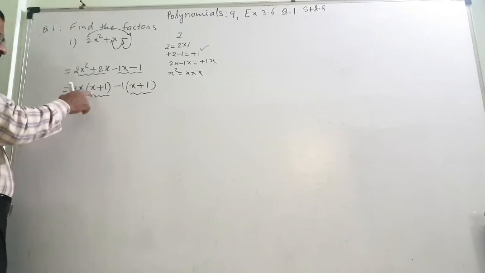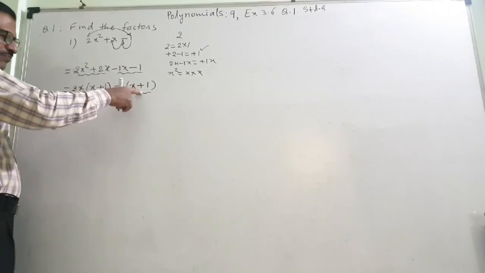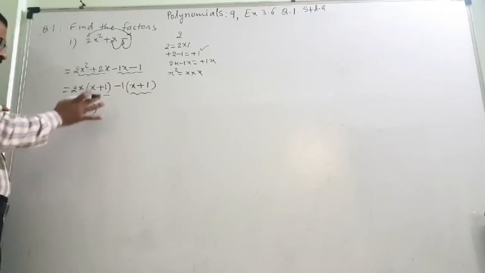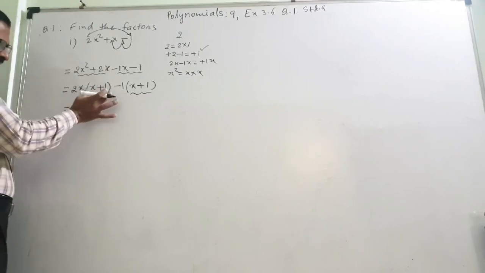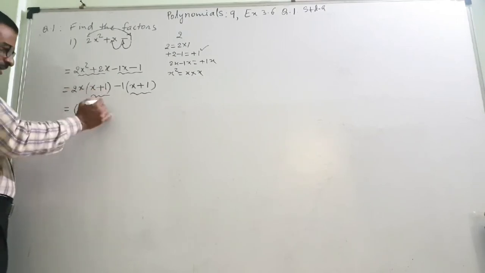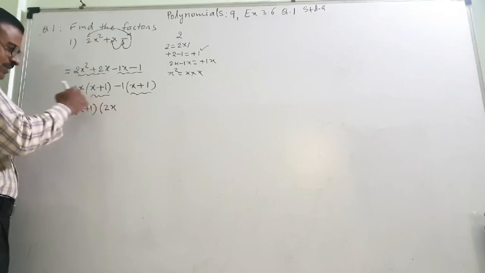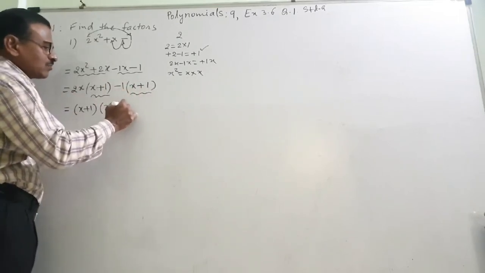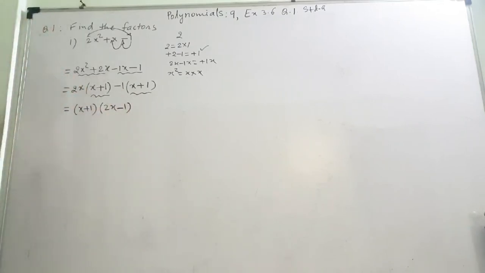Now once again, this x plus 1 here it is, x plus 1 here it is, that I will take common. So from this total group, I have taken x plus 1 out. What is remaining, that I will write in the bracket, 2x is remaining. This x plus 1 is taken, so what is remaining? Minus 1 is remaining, and these are the factors. So this way this sum is done. I will solve maximum of the questions from this, because this is a very important topic.